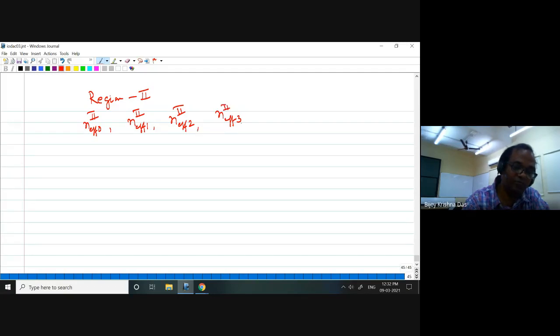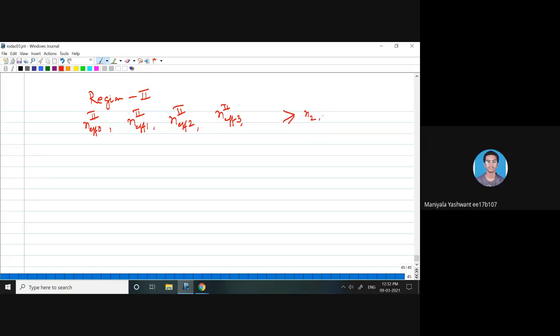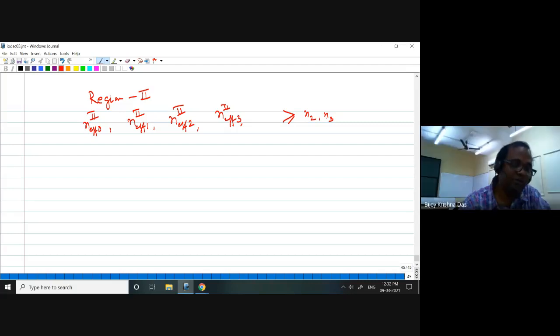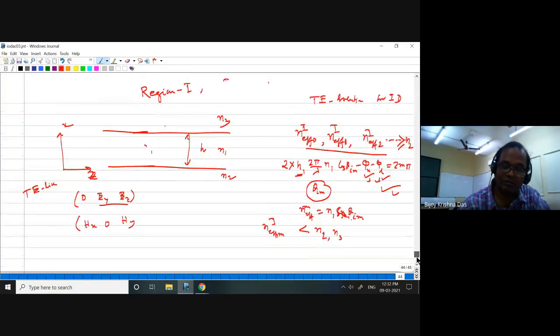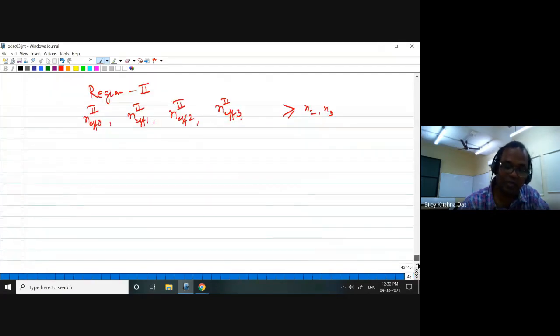I have a quick question. Region 1 or region 2, if you compare, in which region will you be getting more valid solutions? Region 2. Why? Because H is greater. Yeah, because the height is more, so the effective index will be more, because in that case, instead of h1, you will be using capital H. So in that case, solutions will change accordingly.